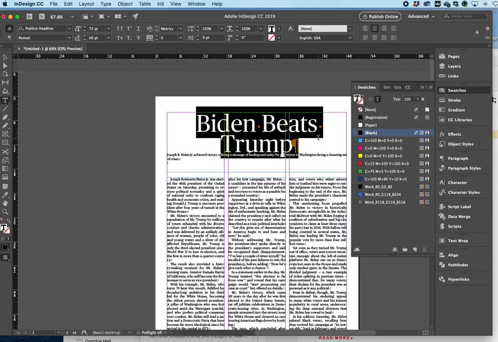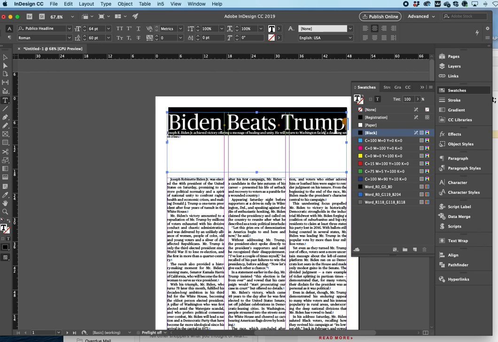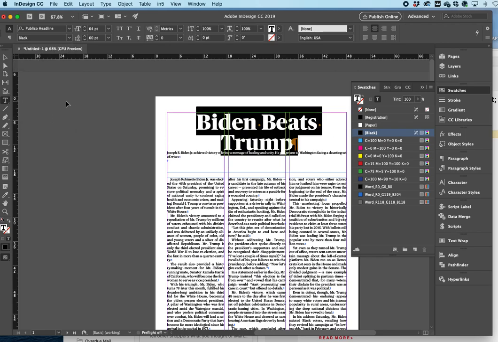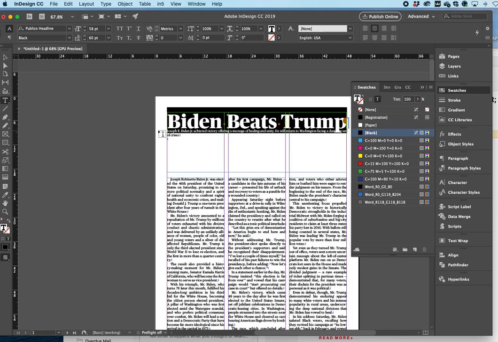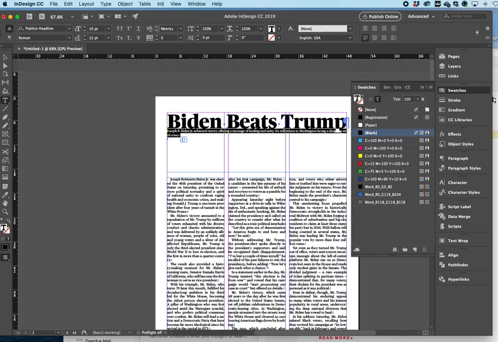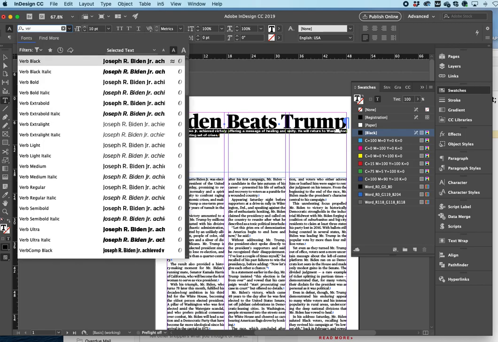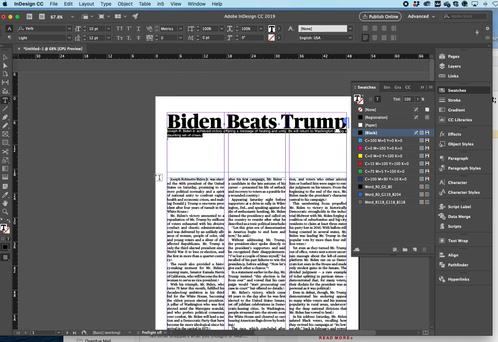So let's make this a little bit smaller so it fits on one line. And I may have to make it smaller again. Let's make it bold. And let's put that in a sans serif. Often decks and headlines are in contrasting fonts. And if your article does not have a deck, that's fine. I'm just going to put format line as long as I have it. Make that a little bit bigger and let it out a little bit. And you can do that manually here or through the key commands.